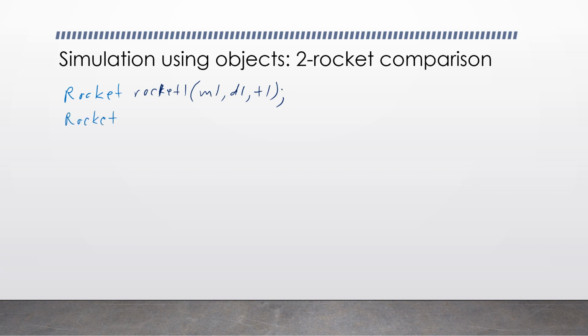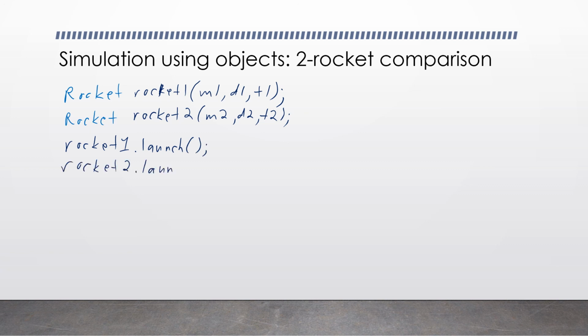And we'd have rocket 2, M2, D2, T2, okay? And then we don't have to keep track of those properties throughout the rest of our program at all. We can call rocket 1 dot launch, rocket 2 dot launch,